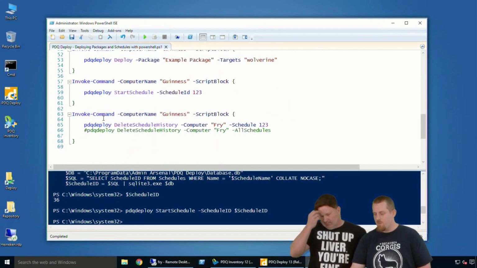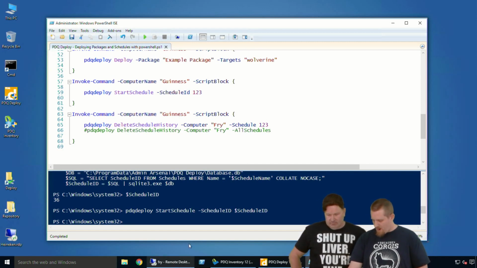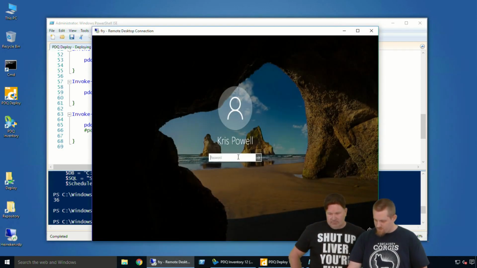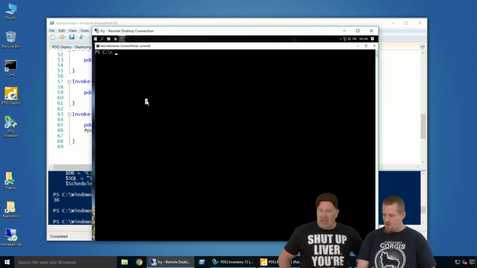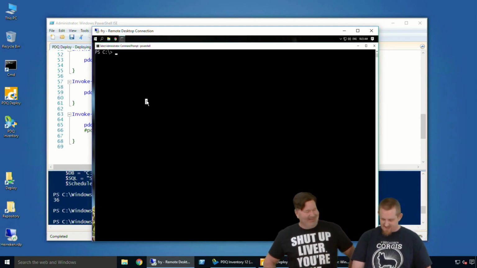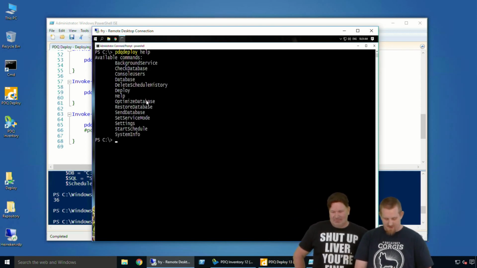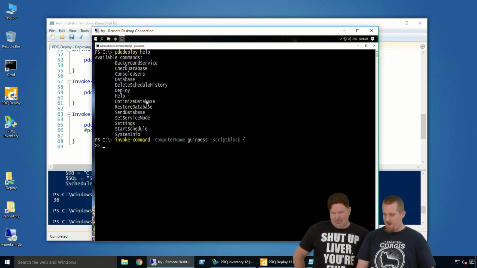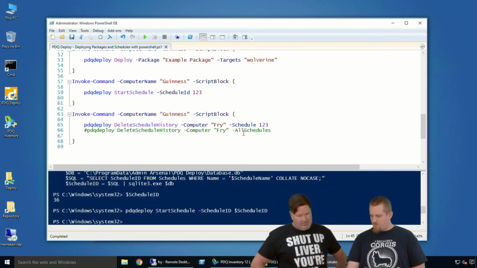run remotely. So if you wanted to run it against this machine, Guinness, I actually have Fry loaded up, so we could run this from Fry if we wanted to. So we have PowerShell here to run that. PDQ Deploy, we can get the help to pull that up again. You can also do the invoke command against computer Guinness, script block, and then here's where you want to define what you want to do, which is, we can come back over here,